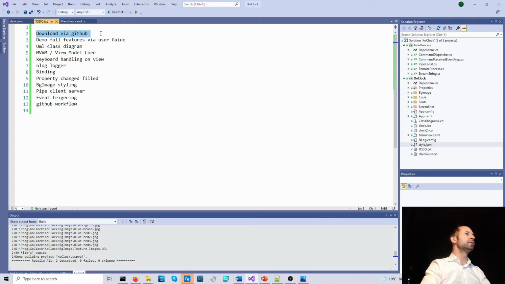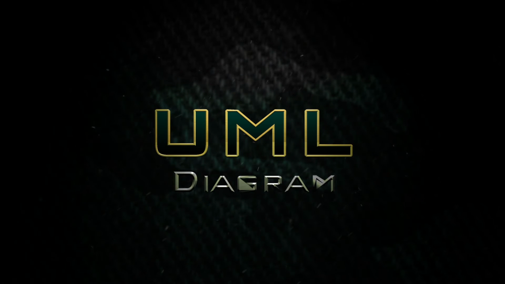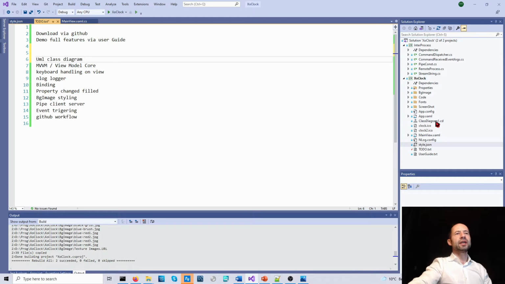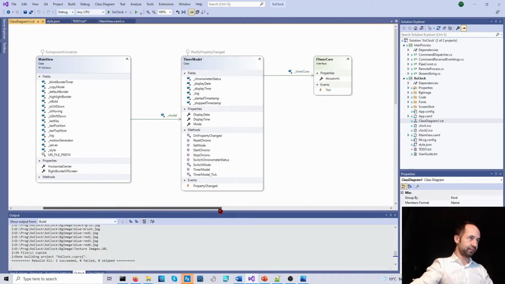So we have the download demo full feature. Let's look at the class diagram now. So I have created a class diagram here to show you the interaction of the different classes, but I can do this at the same time.